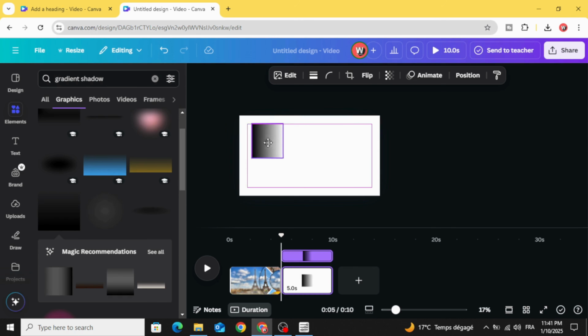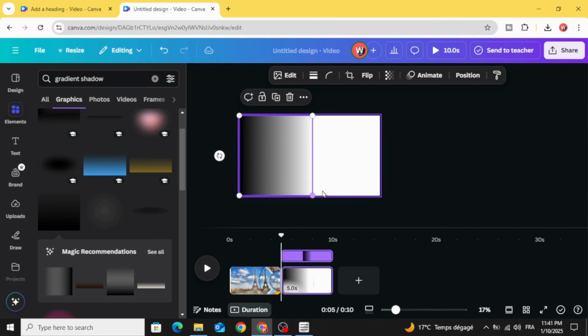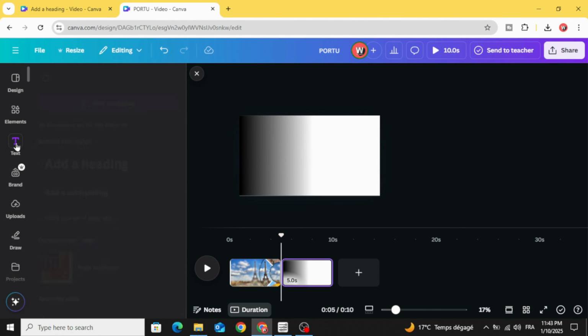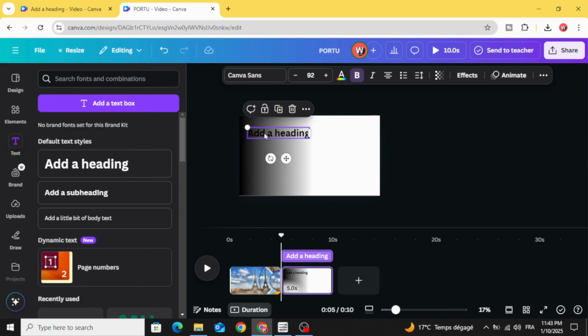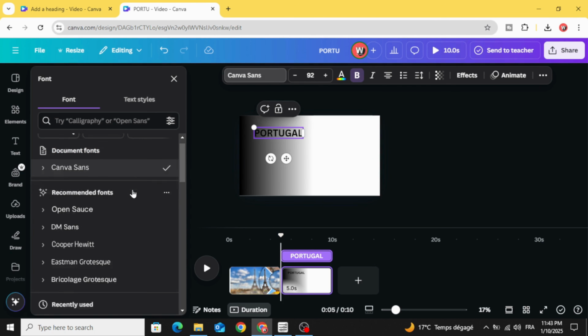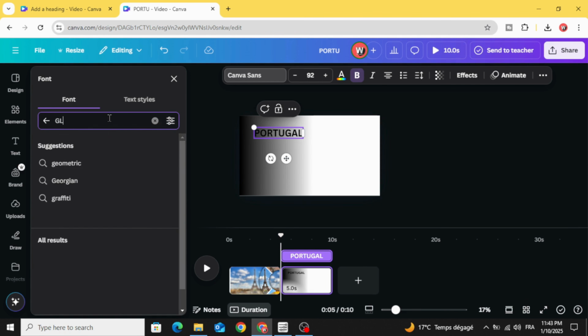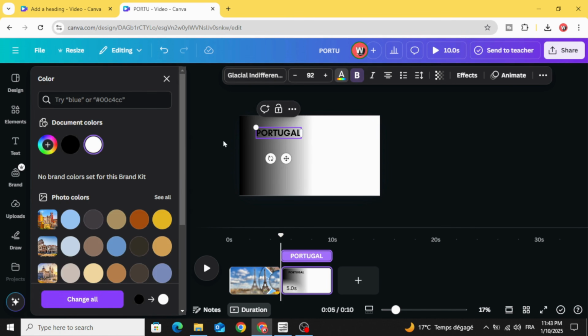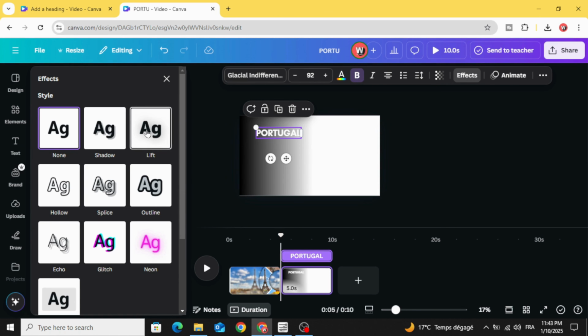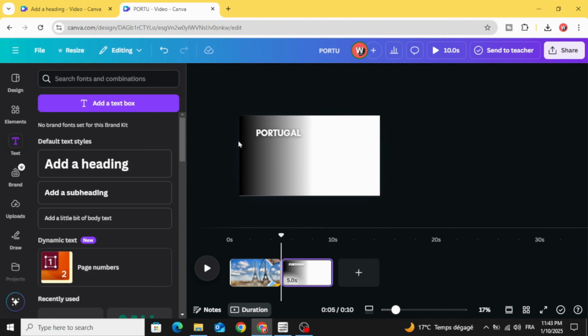rotate it, and increase the size and type your text, add new text, let's change the font to Glacial and change the color to white color. Go to effects and use the left shadow and increase the intensity